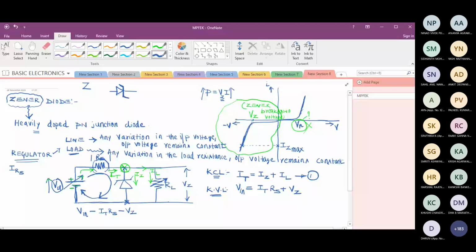Is it correct? Kirchhoff's voltage law, what you studied in 12th standard physics. Others following? I hope this is clear, because these two equations are required. Even to design a circuit, these two equations are required. So my sincere request to you, if you have not followed, please ask right now. Don't hesitate. Be frank. I'll clear your doubts.